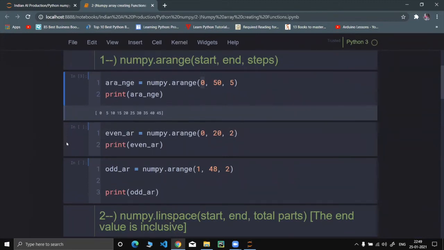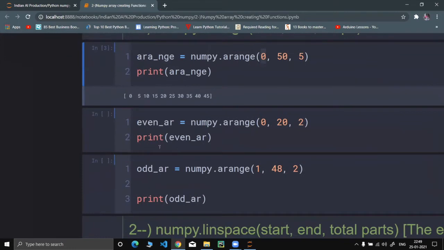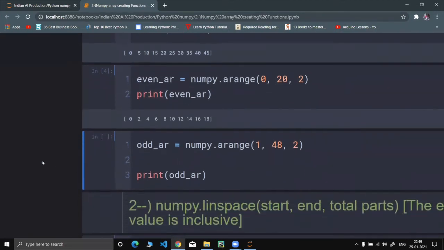Now suppose we want to create an array consisting of all the even elements using the arange function, including 0. So 0, 2, 4, 6, 8, 10, 12, 14, 16, 18. Over here also 20 won't be included because it's the ending value, so n minus 1 is 19.